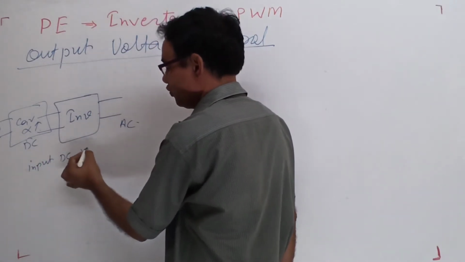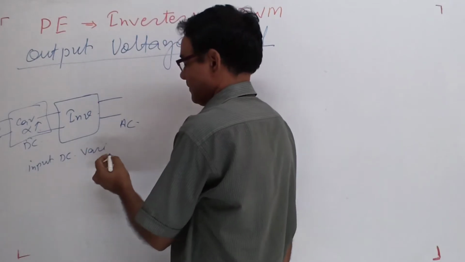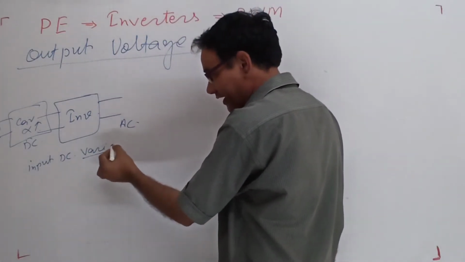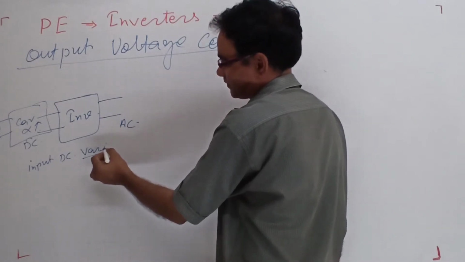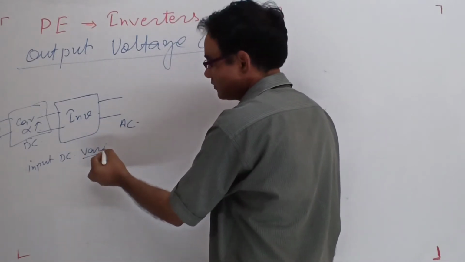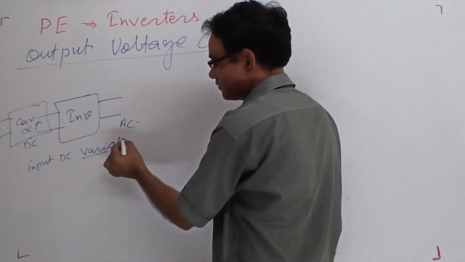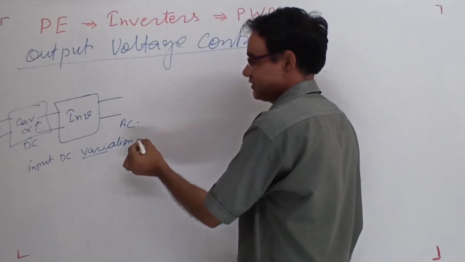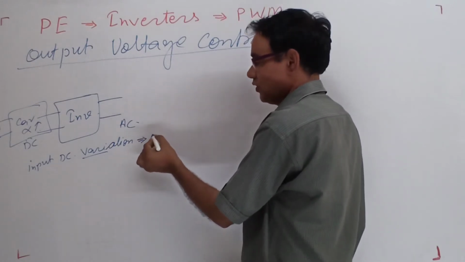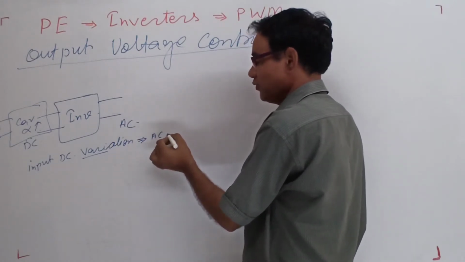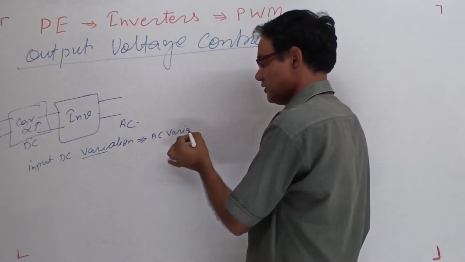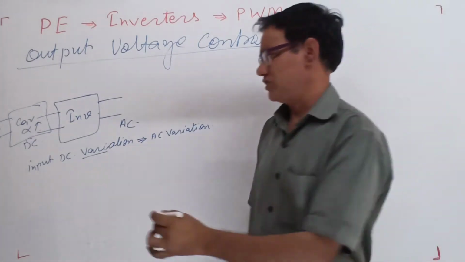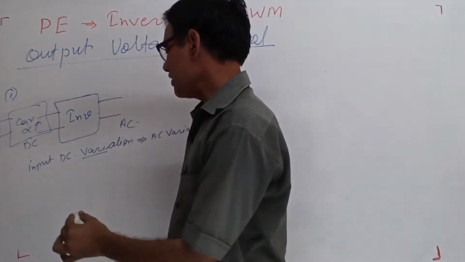DC vary, and according to the variation in input DC, it allows AC variation. Definitely, this is the one method. Second method,